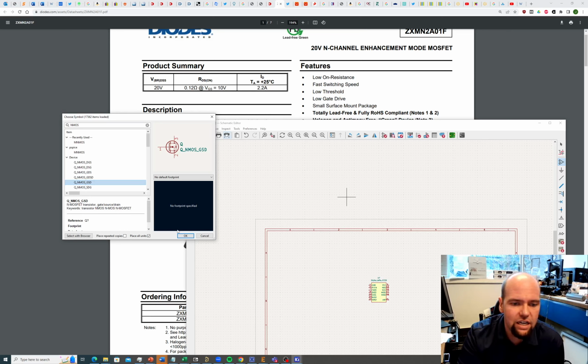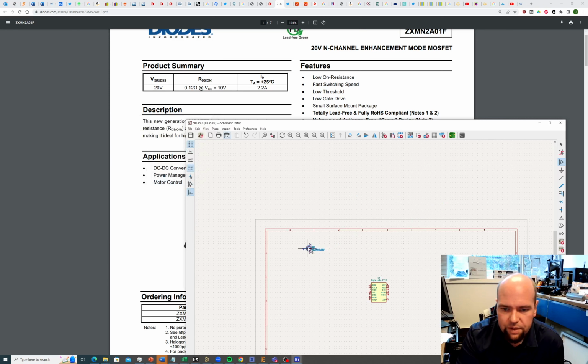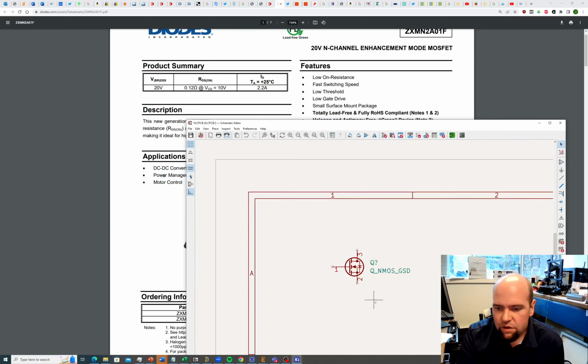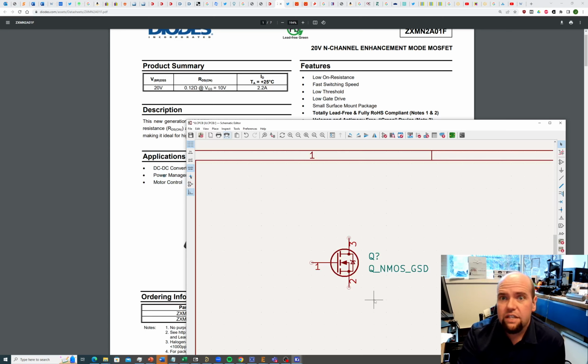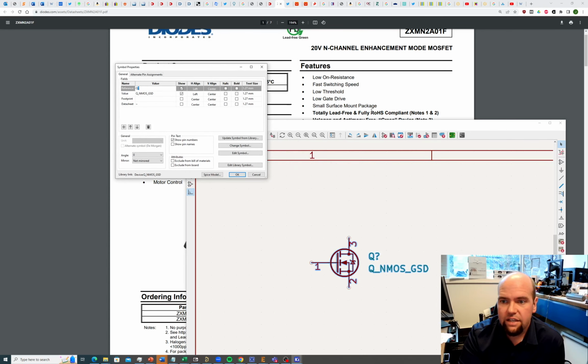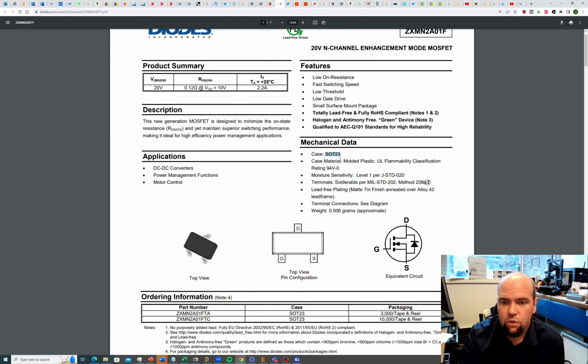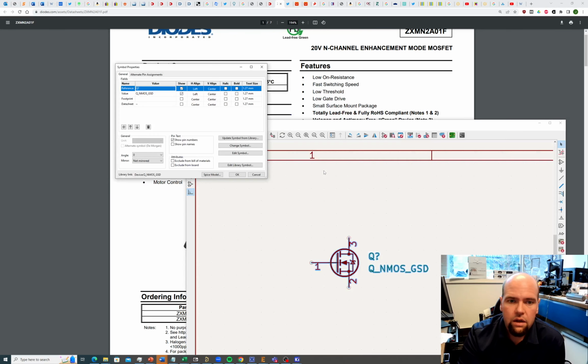So Q NMOS GSD, and we're going to place that just kind of like what they did in the SparkFun one. We'll just place it here. And now, because I want to use 2 of these, but they're going to have the same footprint, they're going to be the same part, let me attach the footprint right now. So if I click on this, this was a SOT23 footprint. So if I click on that and I go to footprints,